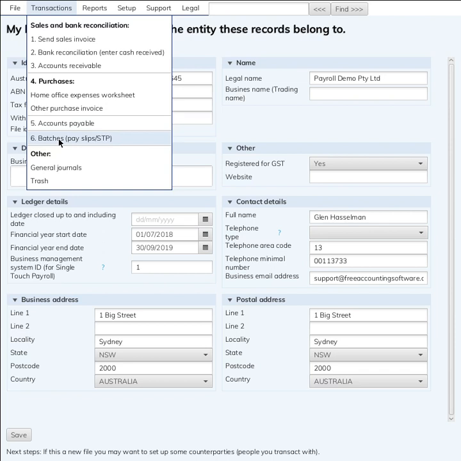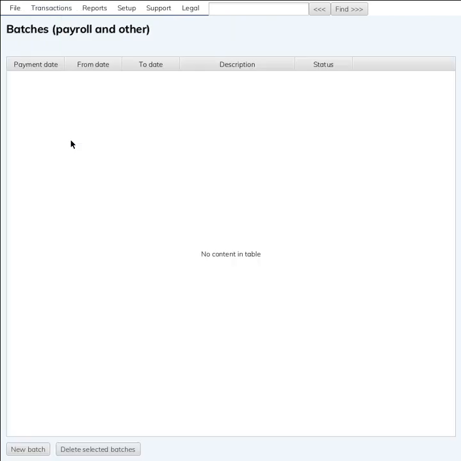Single touch payroll gets lodged to the ATO, so we use this concept called batches. We had this in the previous version of the software, but it wasn't, let's say, often used. Since we don't want to lodge each payslip individually, we're going to create a batch of payslips. So go in there. Now it is the 4th of April